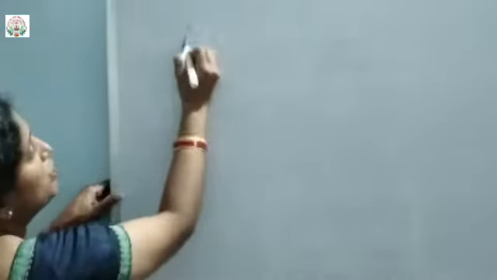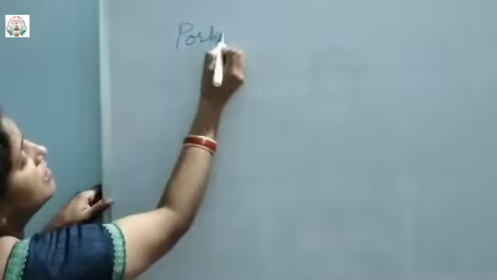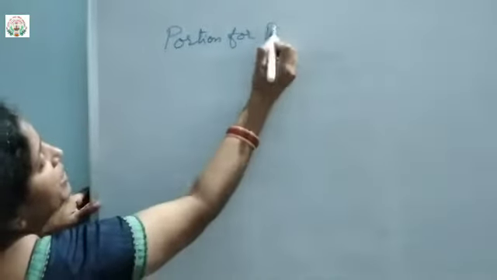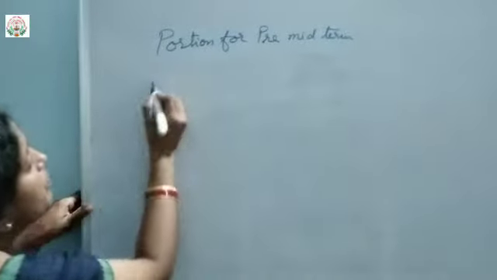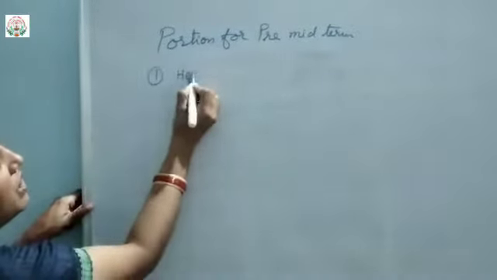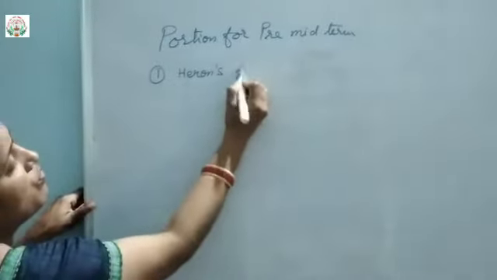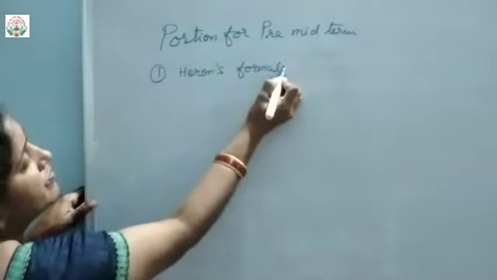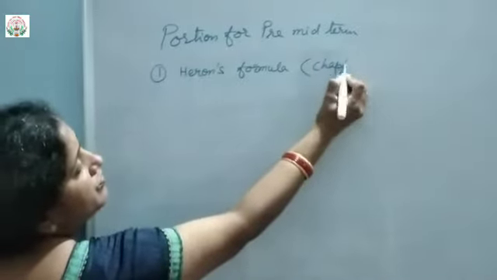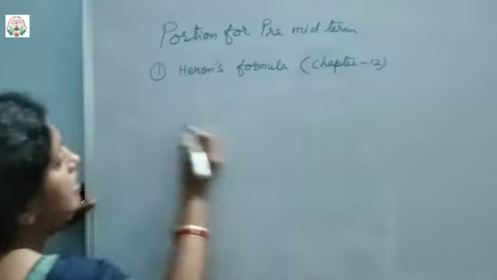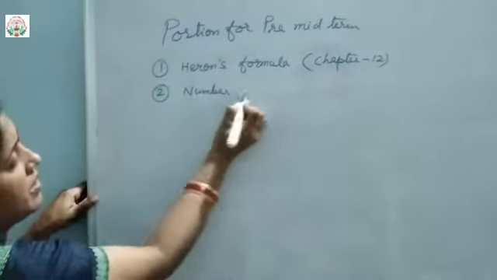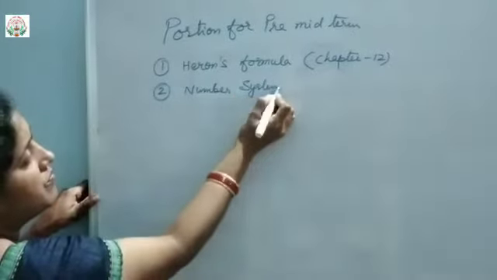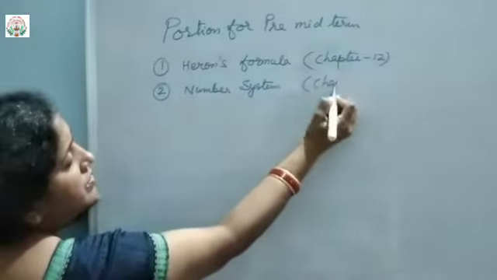So the portion for the pre-midterm will be, first is Heron's formula, chapter 12, then second number system, chapter 1,